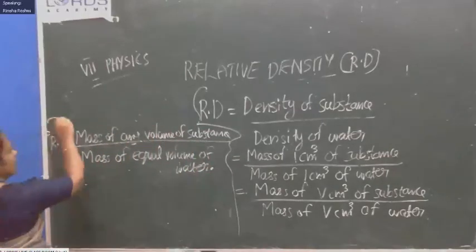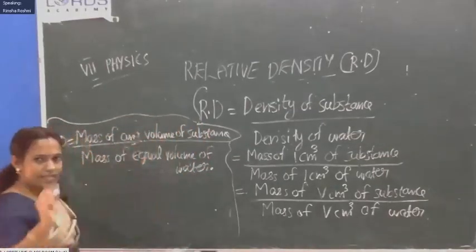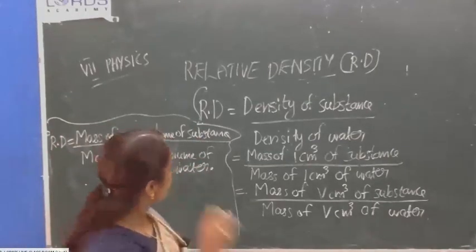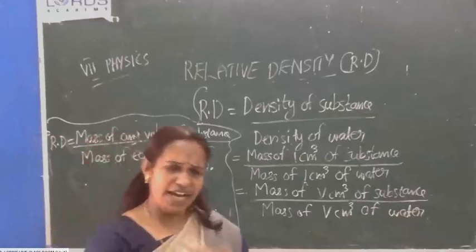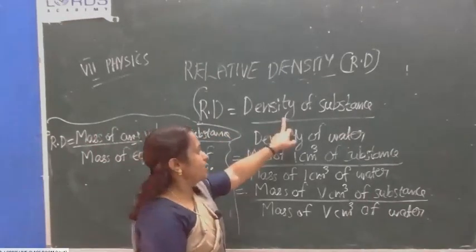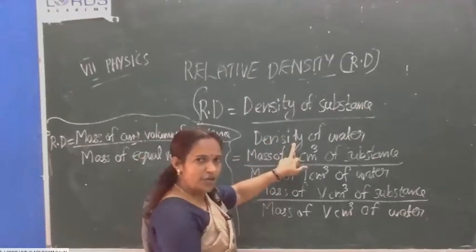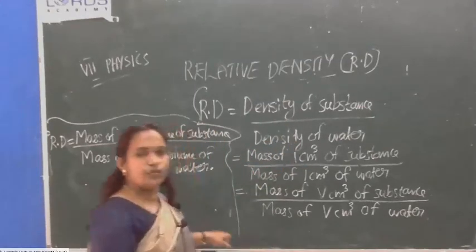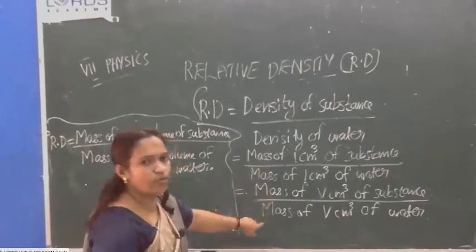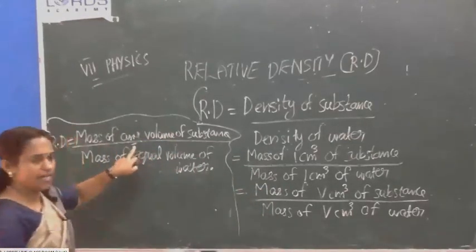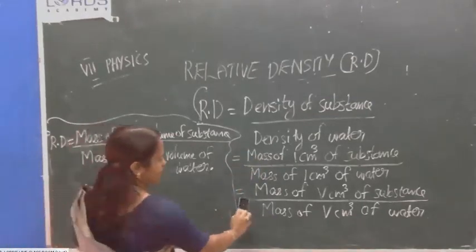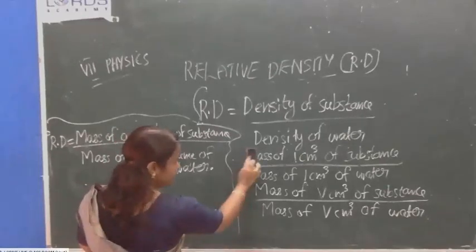So all of you take your physics notebook and write these two equations. Just give the relative density heading, otherwise just write relative density is equal to density of substance by density of water. This derivation you don't have to study. Listen, these steps you don't have to study, only the last equation. So I am going to rub this. If you have any doubt, do you have any doubt?